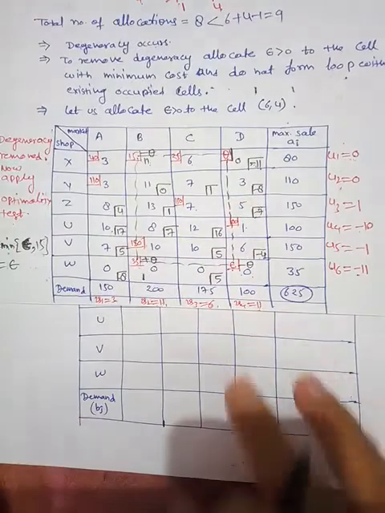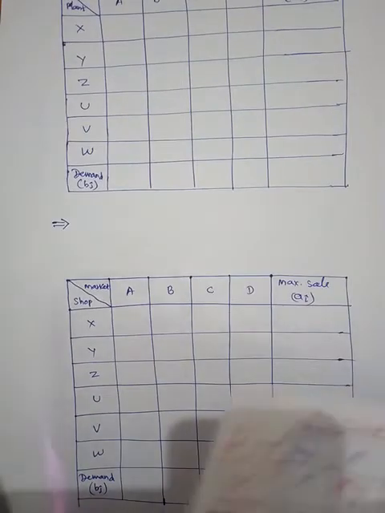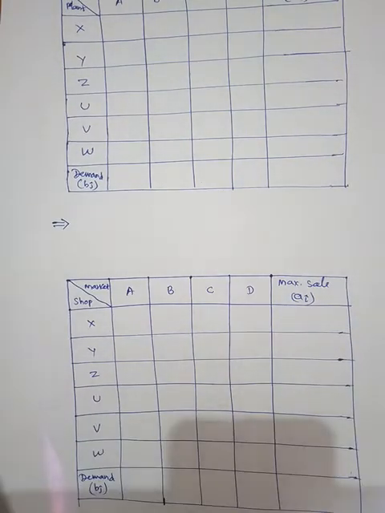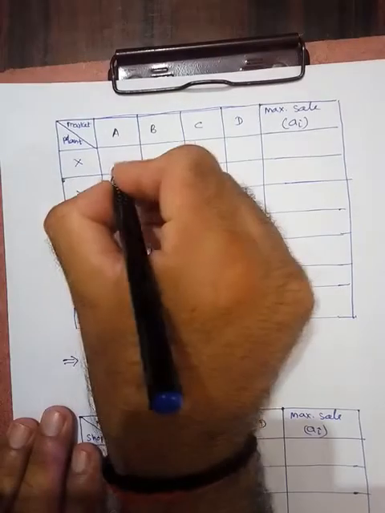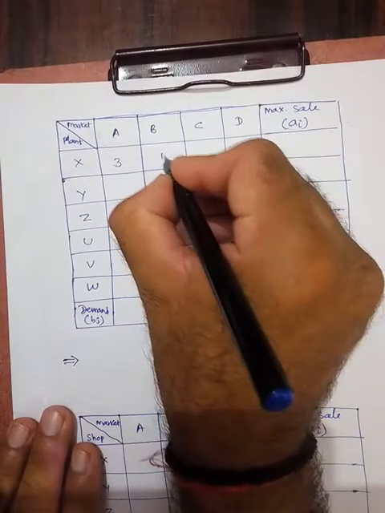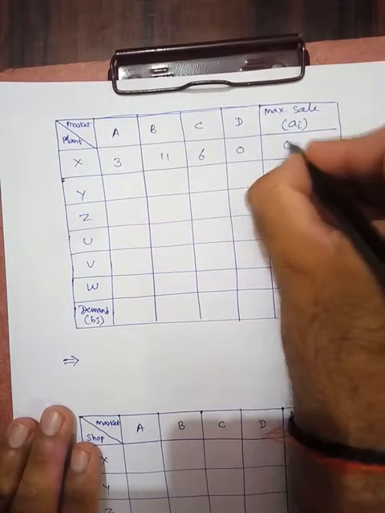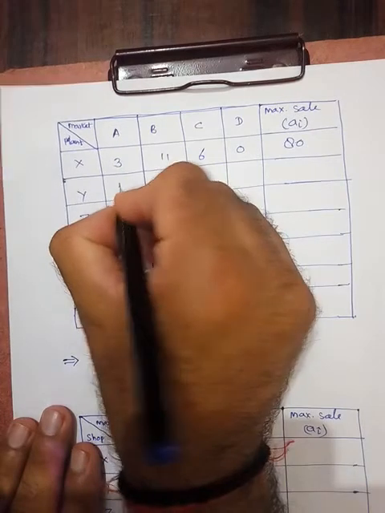Fine. तो अब revise करेंगे हम अपनी table को. So here is the table. So now revise the table. So what we get? We get this. This is 3, 11, 6, 0, 80. Here is 3,